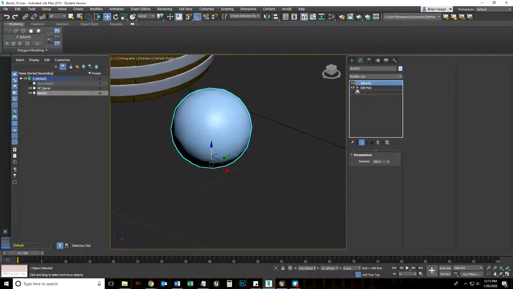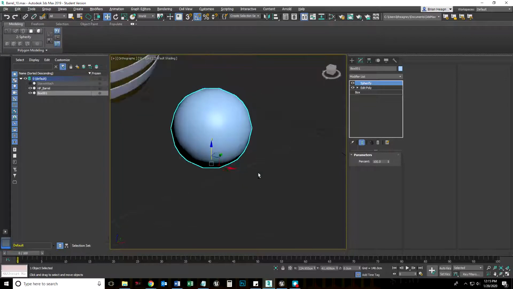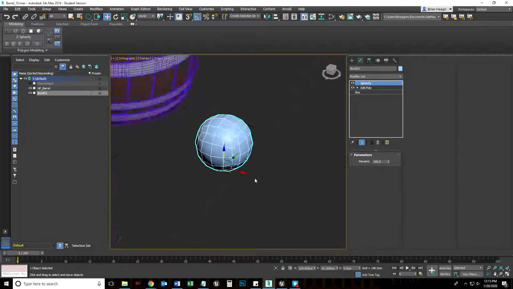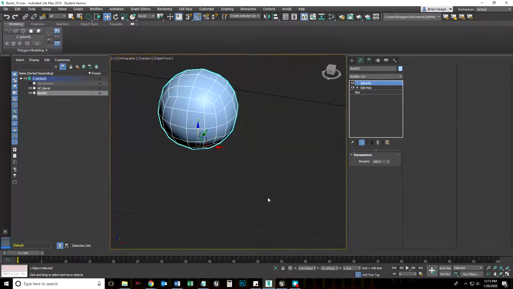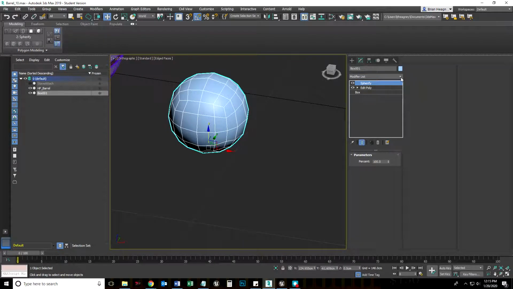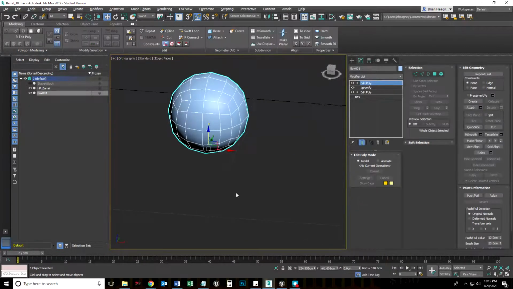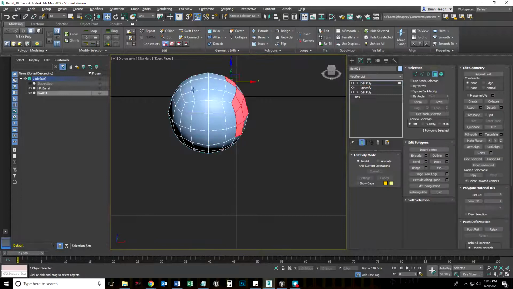Now the spherify is applied to the entire box. Okay. Alright, we can still turn on edge faces. It's the same exact object, it's just everything is smoothed together. So what am I doing? I'm going to put an edit poly on top of spherify, and I'm just gonna select, let's see, 1/2, whoops, go into polygon selection mode,